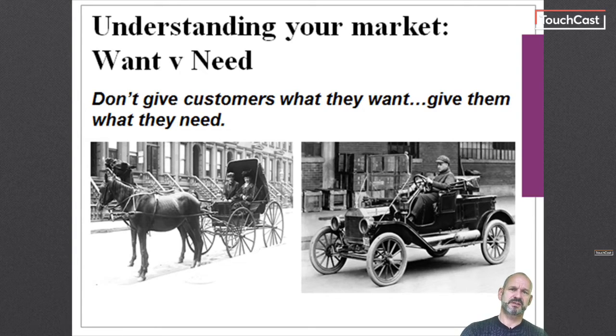So the message here is simple. Don't try to give customers what they want, give them what they need. When trying to sell your product, you need to consider that what customers say they want and what they need are not necessarily the same thing. Average suppliers will give customers only what they ask for, whereas innovative suppliers will anticipate customer needs. You need to think about why customers want particular features. You need to think about customer benefits and outcomes and how your product or service can deliver these.